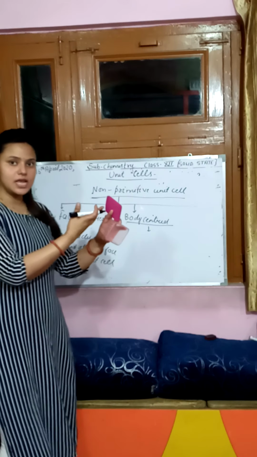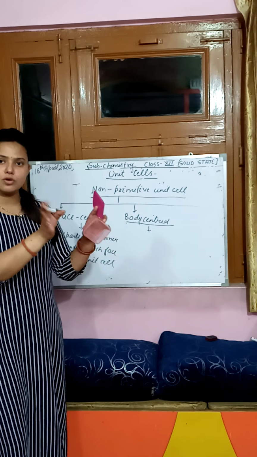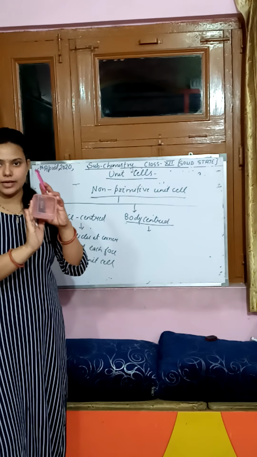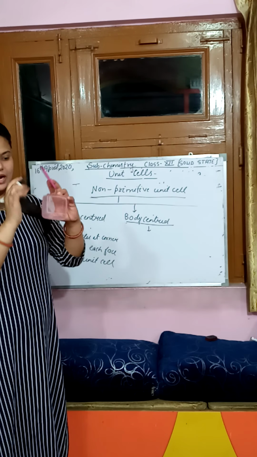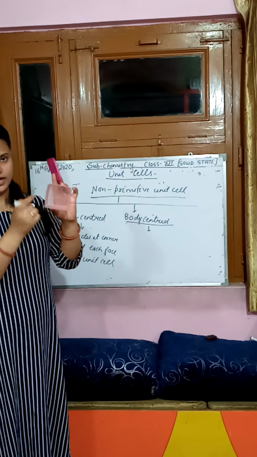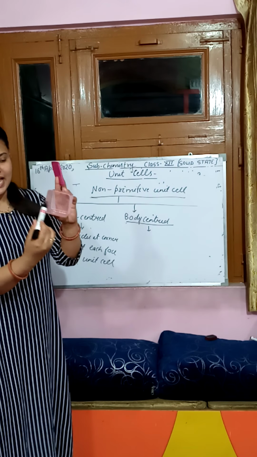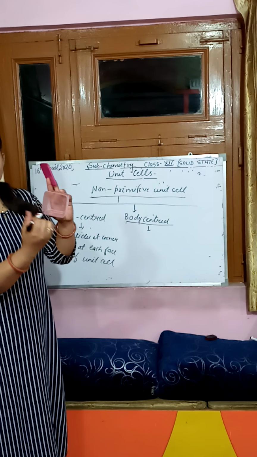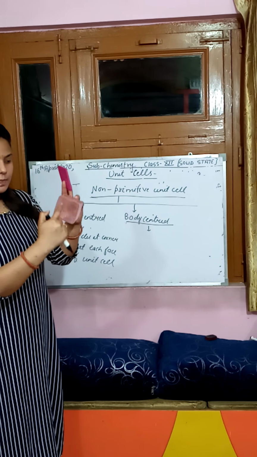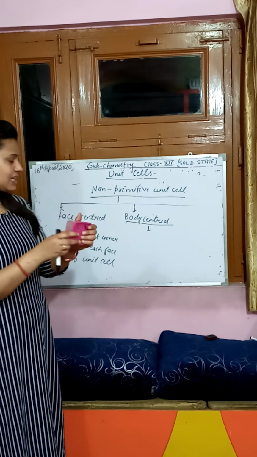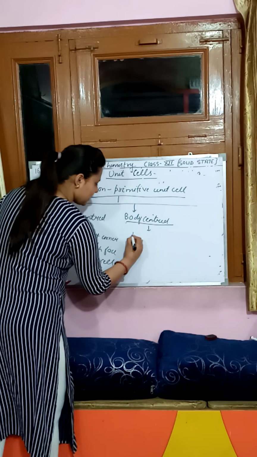बेटा draw करके it is not properly clear to you. Draw तो books में भी हुआ है. Just try to understand it from here. That particles are present at each corner. How many corners are there? 8 corners. And at center of the body, एक center में present है. कहाँ भी present है particle? Center में present है. So it is known to be a body centered unit cell.